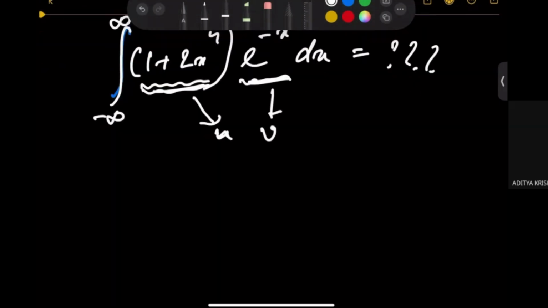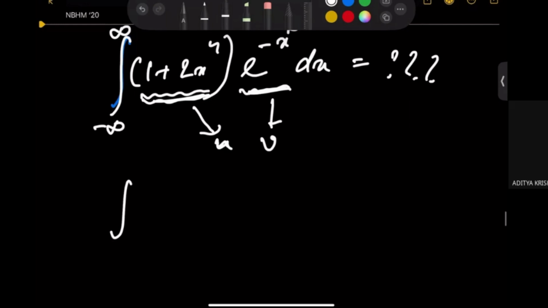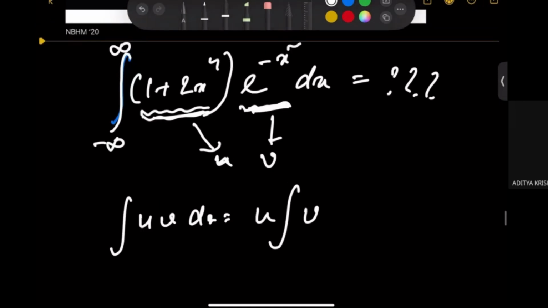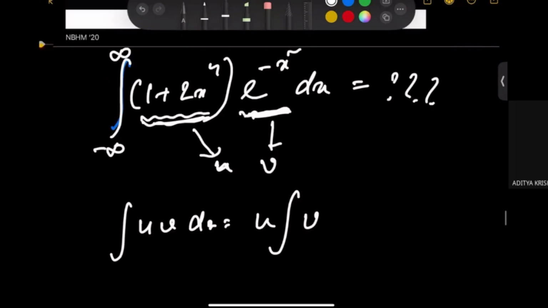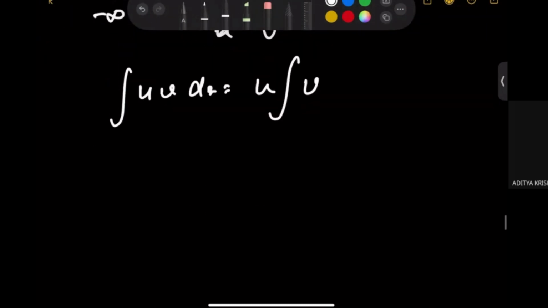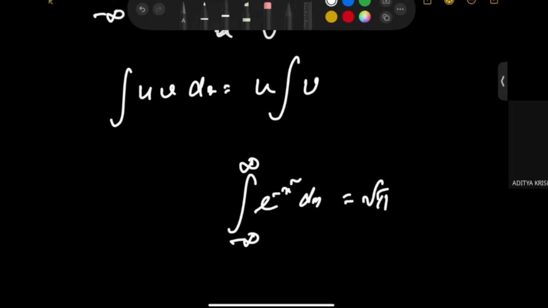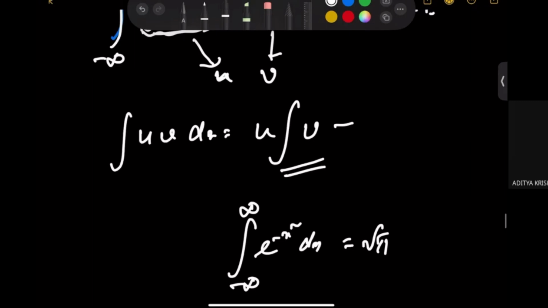Because integration of u v dx is u times the integration of v, right? What is v? v is e to the power minus x squared. So the integration of v, e to the power minus x squared dx between minus infinity and infinity, is root pi. So this comes out to be root pi minus the integration of du/dx,